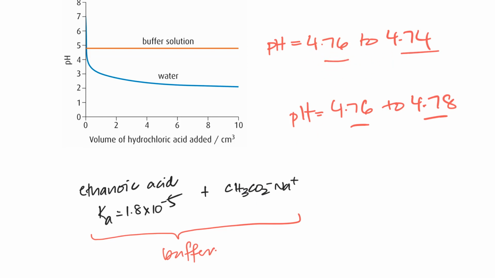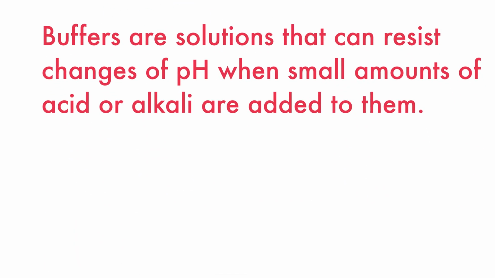hardly decreased. And if I add NaOH to this, the pH also hardly increased. Now, what makes something a buffer? Generally, what we've seen is that it only has two components to it. Like what you saw, Abhi, in my example, you had ethanoic acid, which was